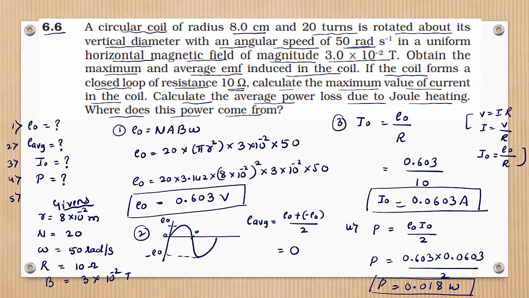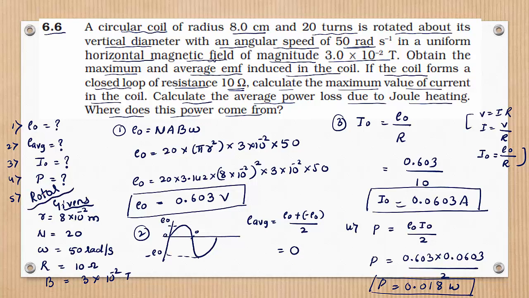When it opposes the rotation of the coil, we are using an external agent, an external rotor. This rotor will supply rotational motion to the coil, because whatever induced EMF takes place opposes the rotation. So we are using an external agency to rotate that coil. So the source of the power dissipated as heat energy in the coil is the external agent, that is the rotor. So this power comes from the rotor, that is the last one. Fifth one is what? Rotor.